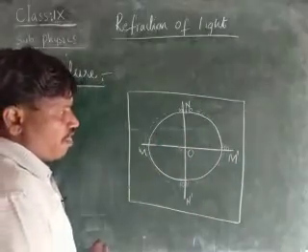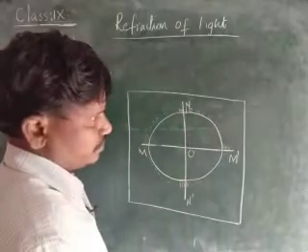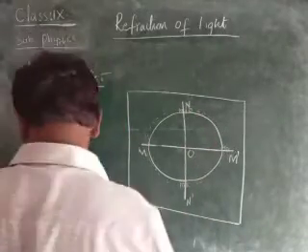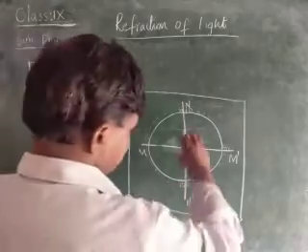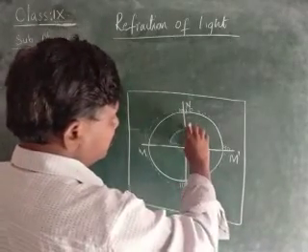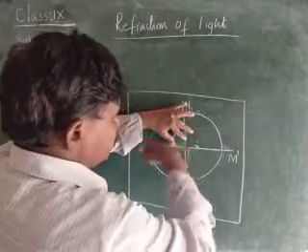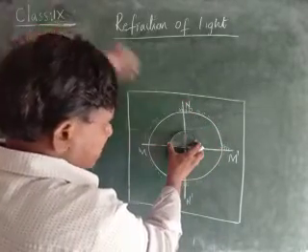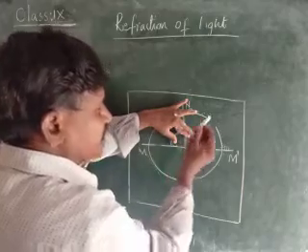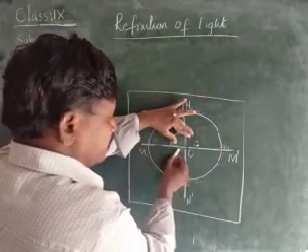After doing like this, after drawing the outline of the metallic semicircular disc, now you place the disc again, children. You should place the disc again like this, which is coinciding with the readings. Now you take a laser light, children. Let us assume this is a laser light, and here I am incidenting the light from the air.